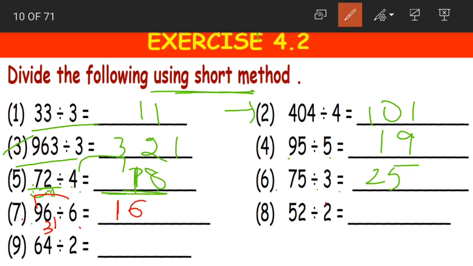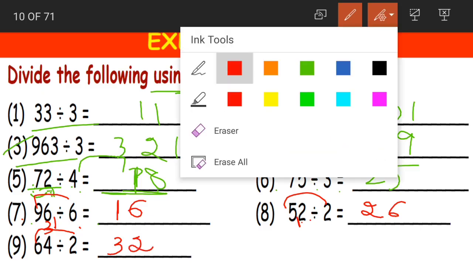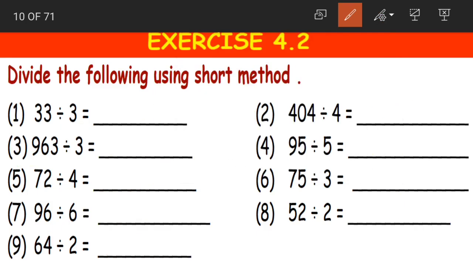Now 52 divided by 2. 2 twos are 4. 1 is remaining. We have 12 here. 2 6s are 12. Now 64 divided by 2. 2 3s are 6 and 2 2s are 4. Clear, children, how to divide using the short method? Yes, I hope this